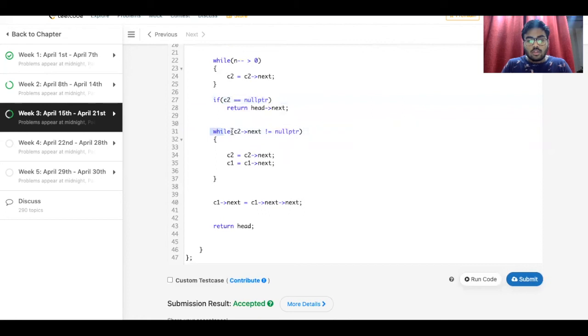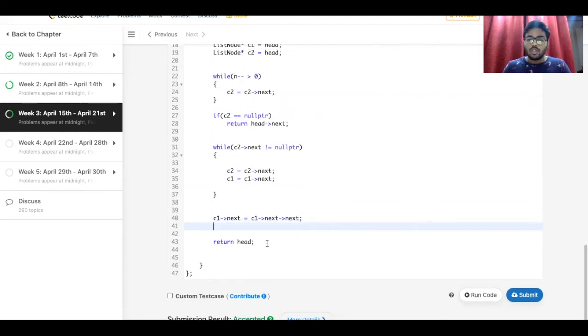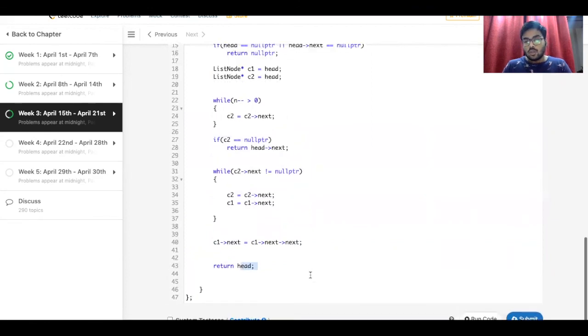And then we just make the pointer point till the end, till it reaches the end of the linked list, as well as we move the first pointer, and as soon as we hit the last element of the linked list, we say that we have got the nth element, which is the next element from the C1 pointer, and we delete this element by doing C1's next is equal to C1's next of next, and simply we return head then. All right. So I hope you guys understood the problem.